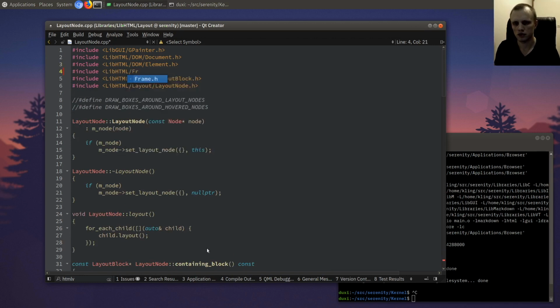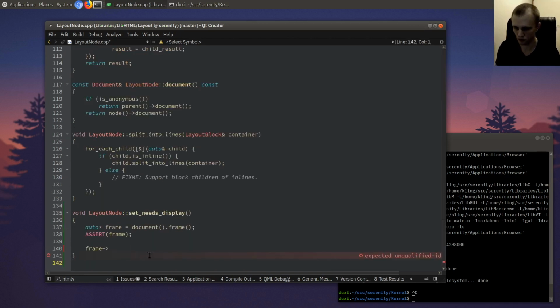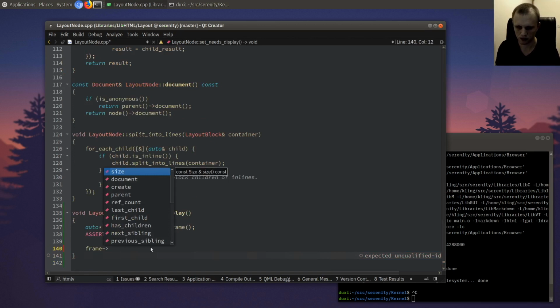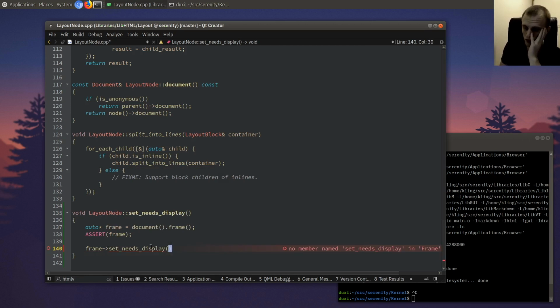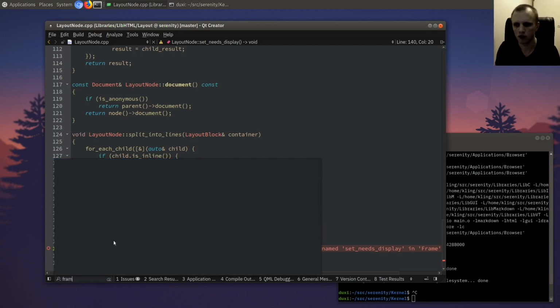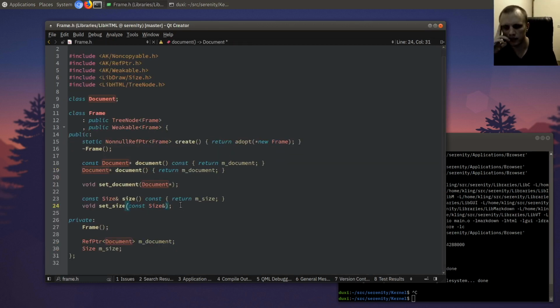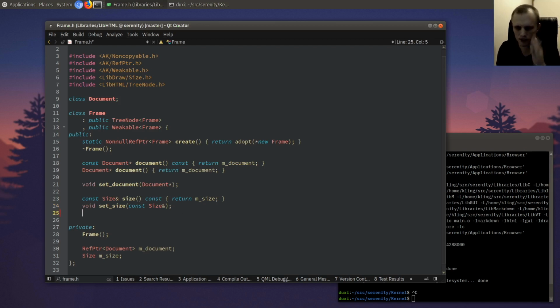So LibHTML frame. So from the frame, we want to say set needs display. Then I want to pass it my coordinates, which would be my rect. Okay. And then my idea here is that an HTML view should have some sort of mechanism by which the frame can contact it. I'm not really exactly sure how that should work yet,